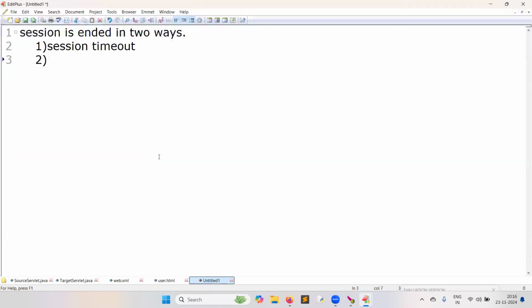Another way of ending is the user explicitly logs out. If a logout option is given in the user interface and the user logs out, the session will be explicitly ended. But session timeout also will be there.